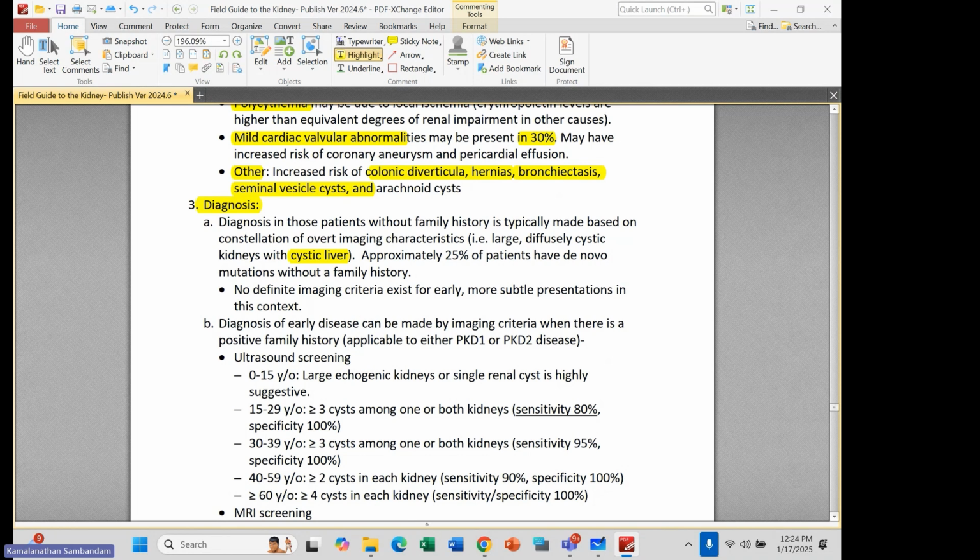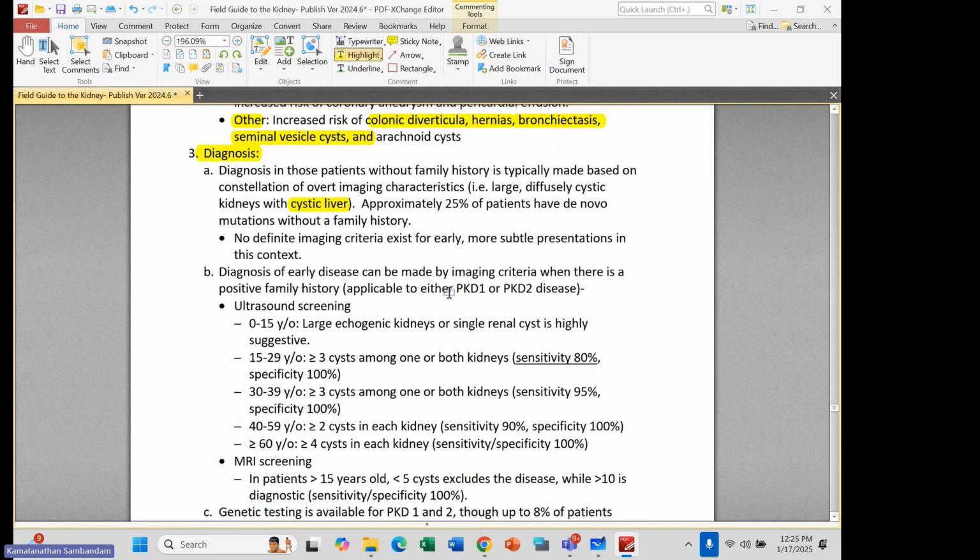Now, they, of course, could have a positive family history or not. You can have a de novo mutation that occurs in someone such that they don't have a positive family history. And there is no universally understood criteria for diagnosing ADPKD in patients without a known family history of polycystic kidney disease. This is one of those things where you just sort of call it when you see it, even if you don't have standardized criteria